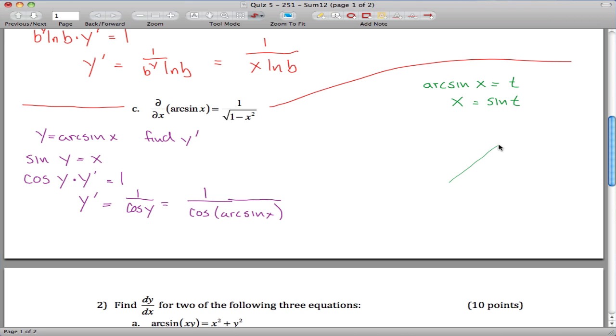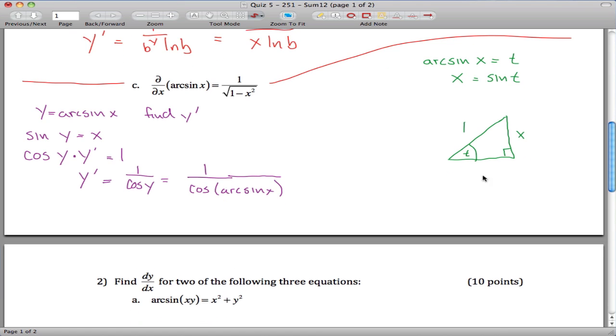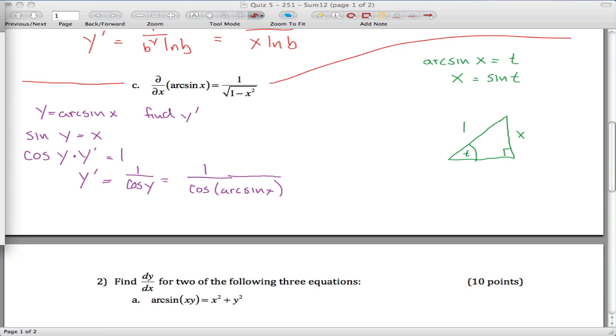But let's see, what that's saying is that if I have some angle down here, t, the sine of this angle is equal to x. Well, sine is opposite over hypotenuse, if this is a right triangle here. SOHCAHTOA, if that helps you remember it. Opposite over hypotenuse has to equal x. So we can make this x and this 1. If this is x and this is 1, we can figure out what this side is. And you might be like, wait, why do you want to figure out what this side is? Well, because